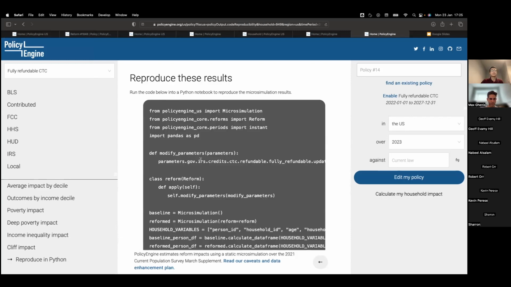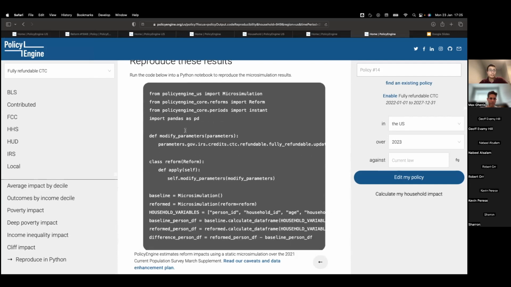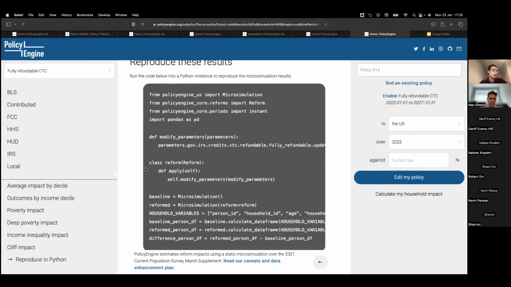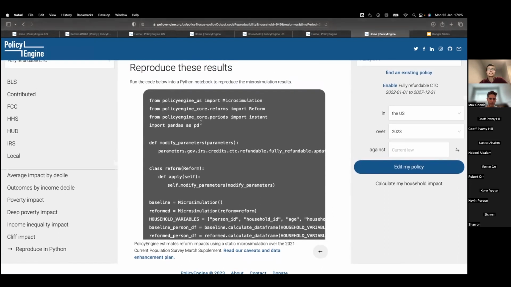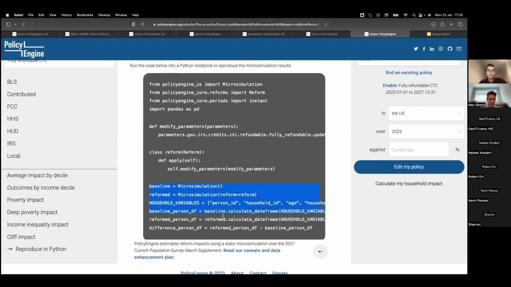I can start with the Python one actually while that's going. So our model is entirely written in Python. We've got a Python package that you can install via pip, and you can reproduce all of these outcomes, all these charts from the Python package. To make that a bit easier, we've just added a code snippet that you can copy into a notebook and use to create a simulation interface or just a simple data frame with all of the relevant variables that you might care about.